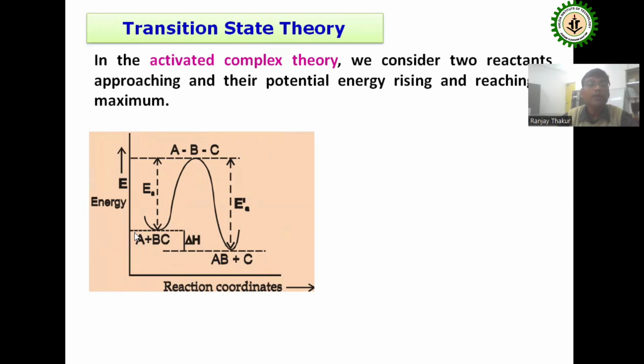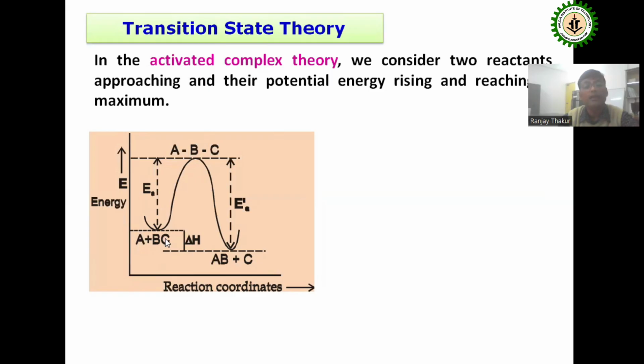When A reacts with BC, A has its internal energy, and B plus C also has its internal energy. A and BC interact in proper orientation, forming a complex, and now their total internal energy sums up, and that total internal energy is up to this point on the y-axis. Now when you try to convert this reactant into this product,